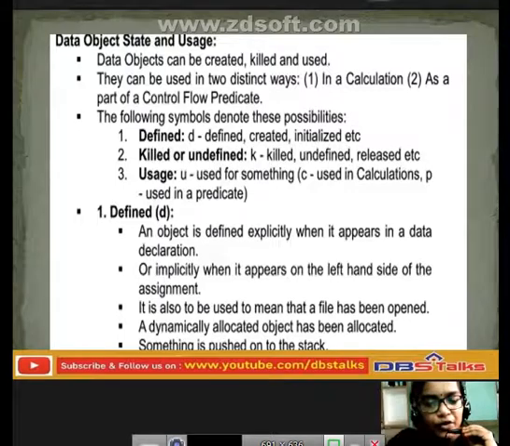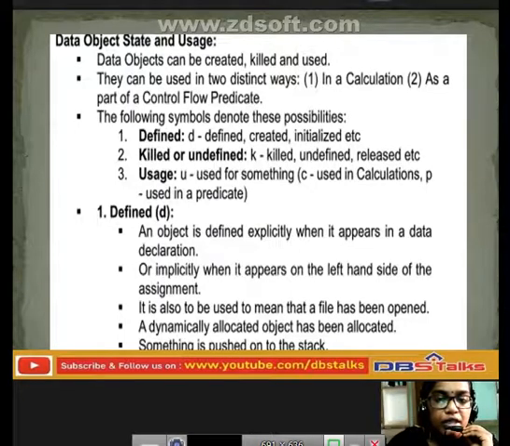Or if you have released that data object, or if we are not using the data object, or not defining the data object, if it is undefined or released, or we can say killed, it is represented by using the symbol K.